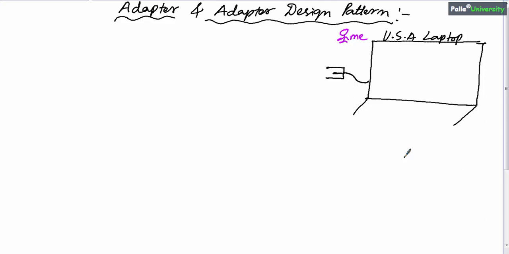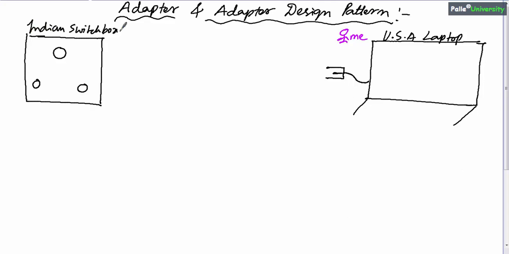Now let us say this is an Indian switch box, which accepts round cornered plugs. I brought that laptop to India, but my requirement is that I want to plug this USA laptop charger plug into this Indian switch box.